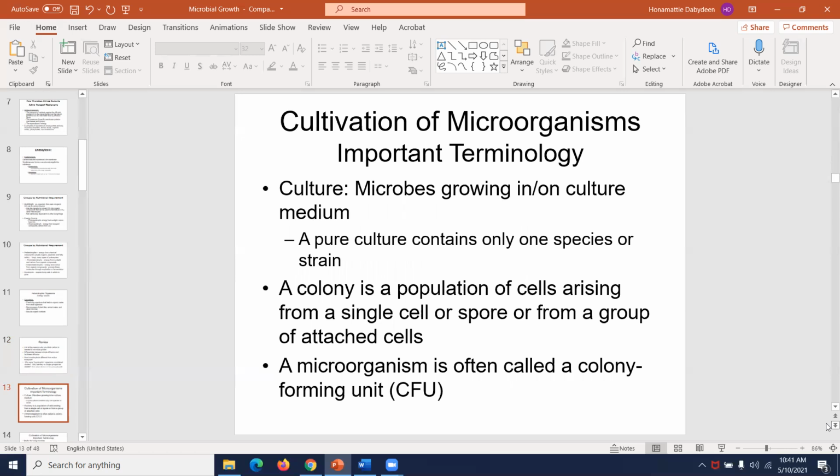Cultivation of organisms. Now we're going to cultivate. We know what they want and how to group them nutritionally. And now we want to cultivate them. We want to really grow them in the lab. So before we start that, let's talk a little bit about some terminology. A culture. Culture usually refers to microbes that are growing on or in